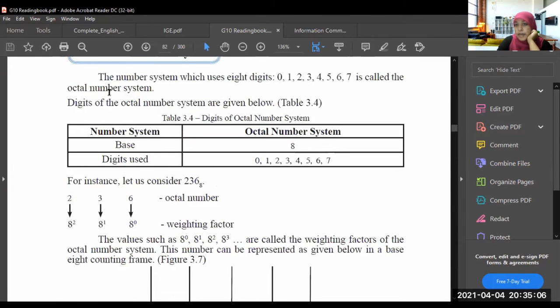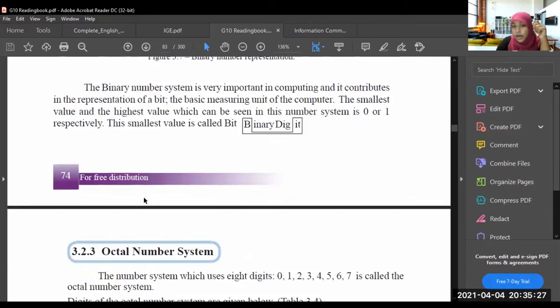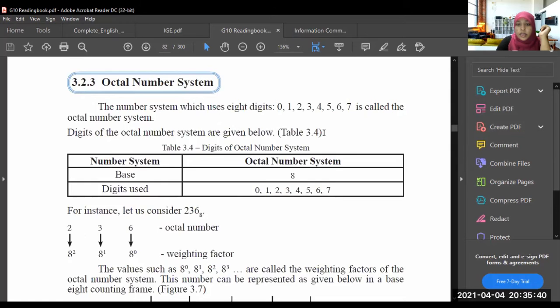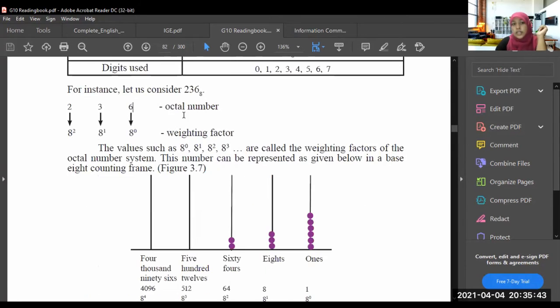In the octal number system, as I told you, there are 8 digits and the base is 8. The digits used are 0 to 7. And when we consider the number 236, base 8, you should read that base also, right? So this is the octal number. If you have the book, check whether here it is written as decimal number. It is a mistake. This should be binary number. If it is wrong, correct it in your school book. Right. This is an octal number.